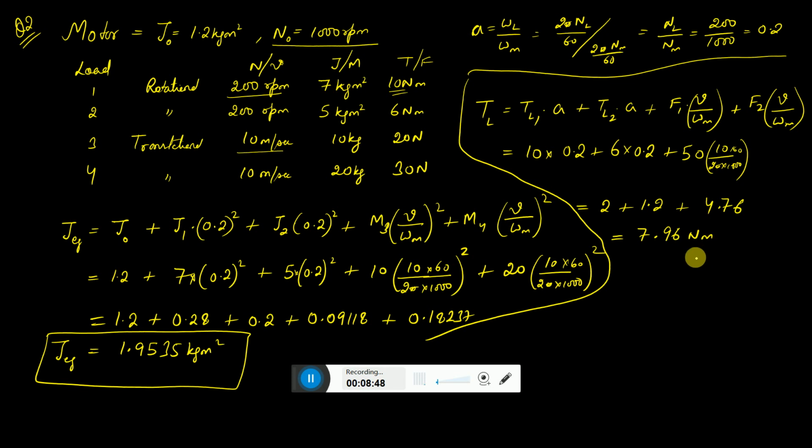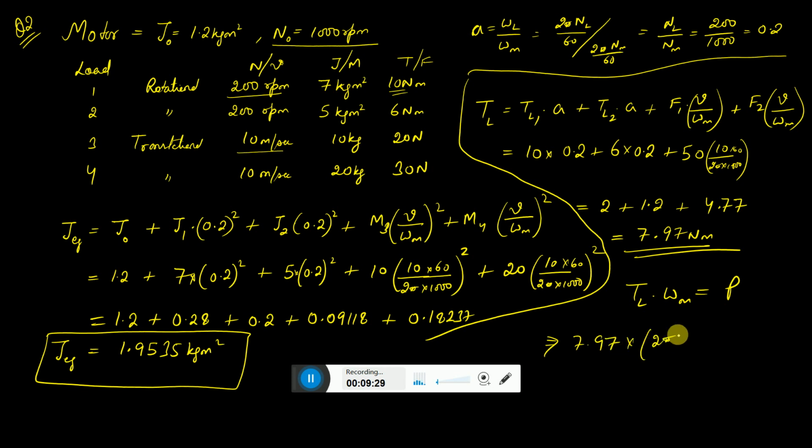Newton meter. So once we have got our total torque, if I multiply the torque with the omega M, we'll get the total power. So this will be coming around 7.9. I've neglected some part here. This is not 6. This is 7. Right. Otherwise, for some small decimal, your answer will be different.